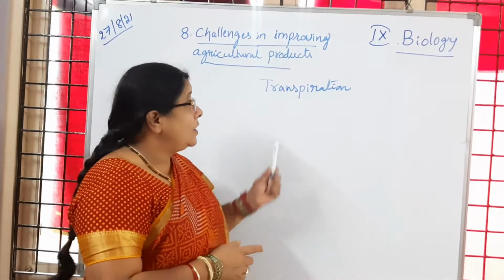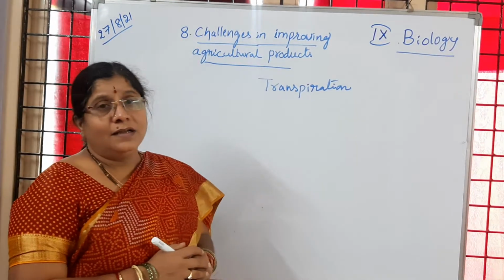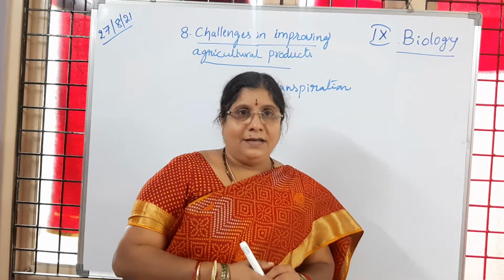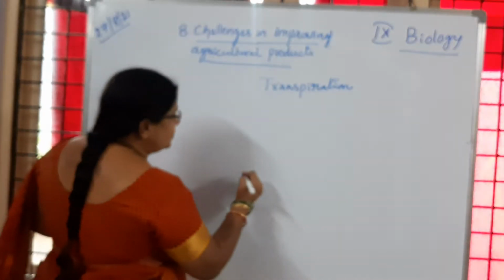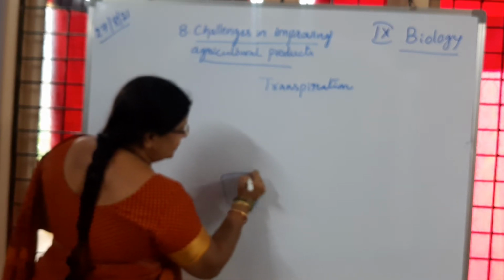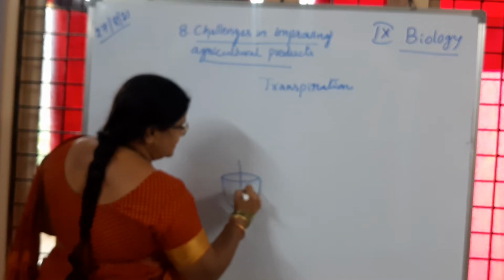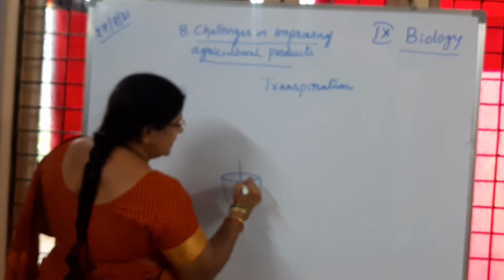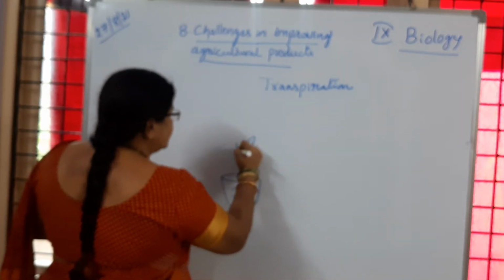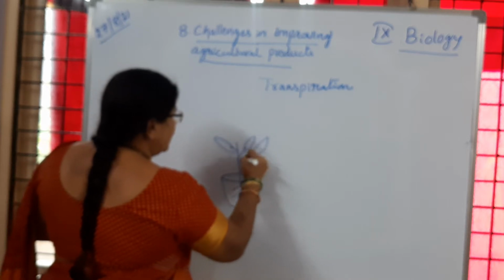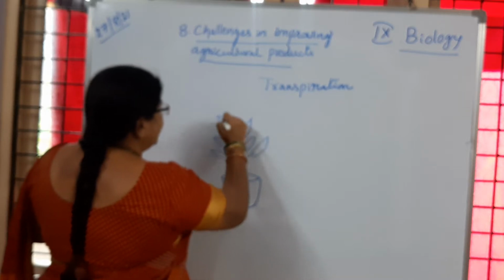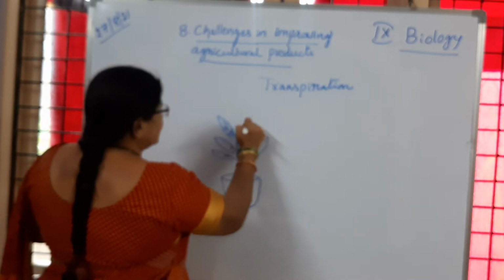Now to demonstrate the process of transpiration, this is very important. How can you know the process of transpiration? For that, we have to take a potted plant. You take a potted plant, which is grown in your house also, you can take. Is it clear to children? And this plant is watered. Have you followed? And its leaves are there. Now what we have to do?